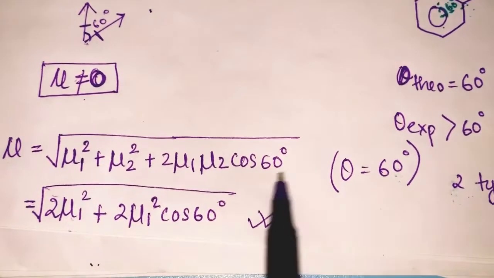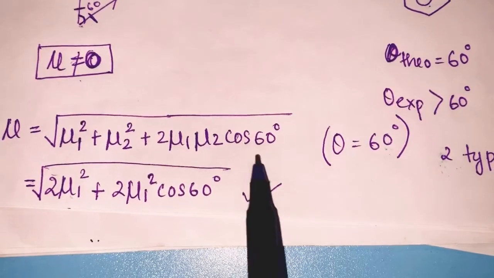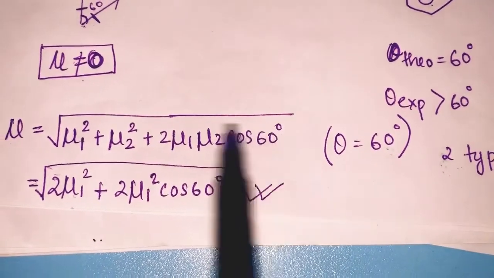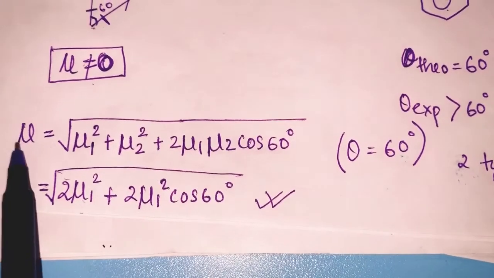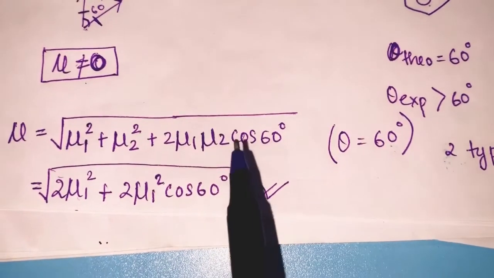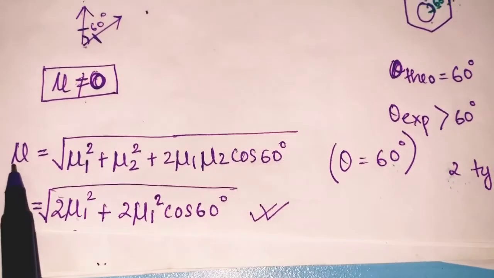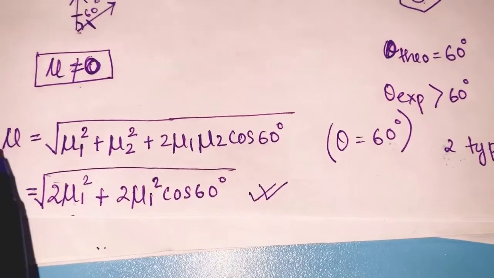So if the theta changes, dipole moment will also change. If the theta is more, dipole moment will be less, and if the theta is less, dipole moment will be more,